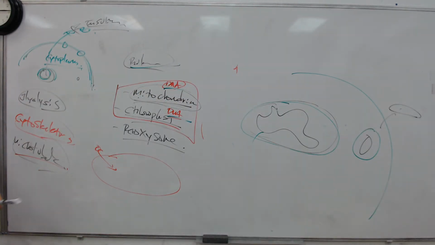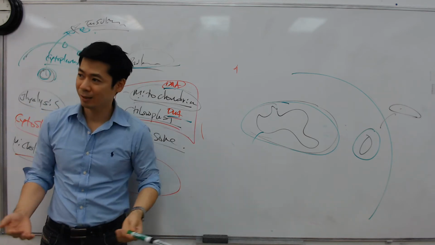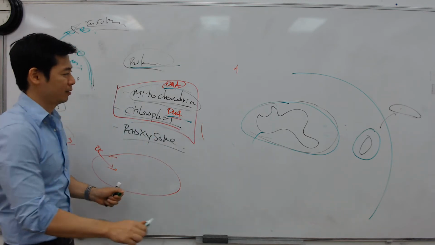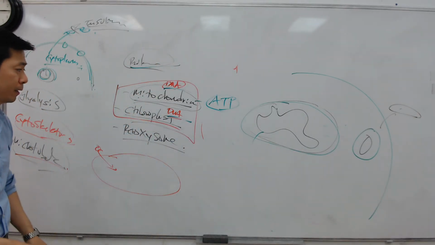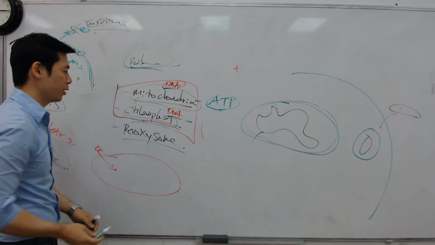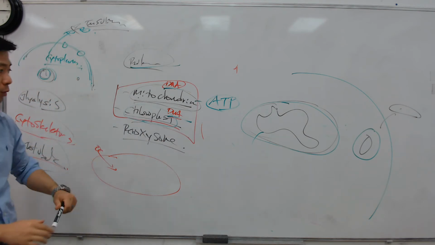So what's the role of mitochondria? What do they do, guys, at a very high level? They mass produce ATP, okay? Production of ATP more efficiently. Chloroplast applies usually to what, guys? Plant cells. Plant cells have chloroplast for the production of